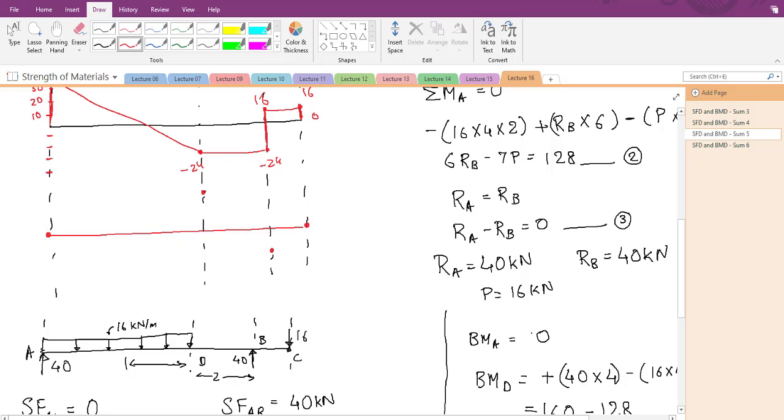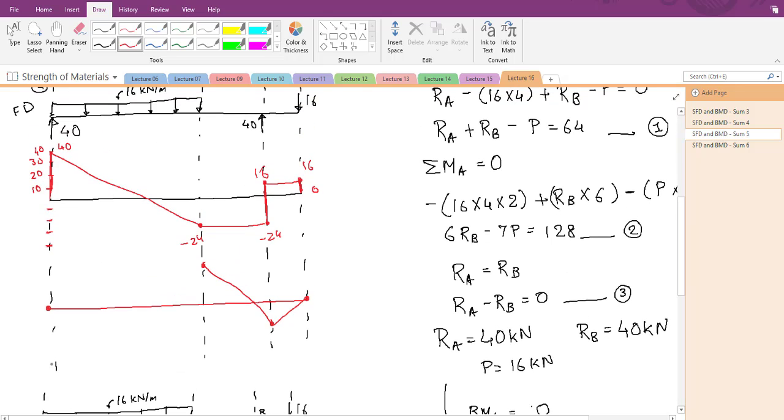Over here, no problem. We can connect it with a slant line because there are no forces in between. Now, here also we can connect it with a slant line because there are no forces in between. But here, what do we have to do? We have to join it with a curve. So the curve can be like this, right? In the end, it is going to be something like this.